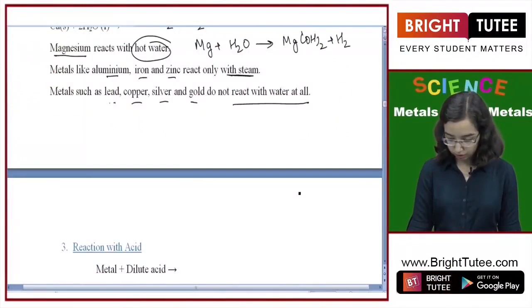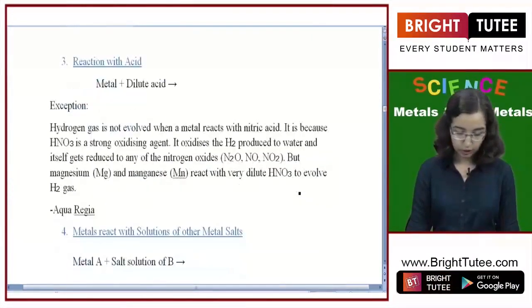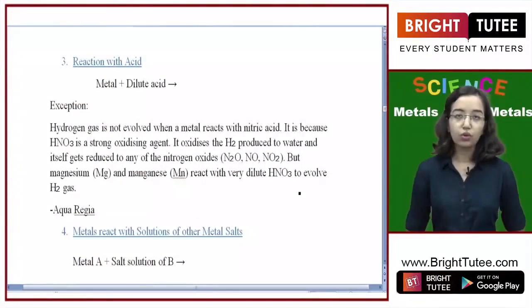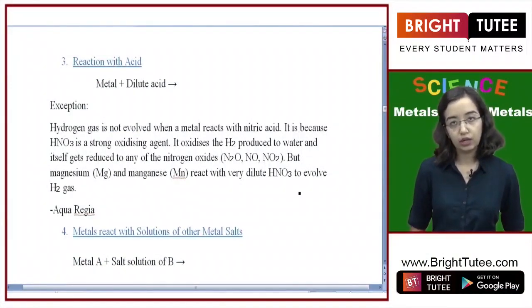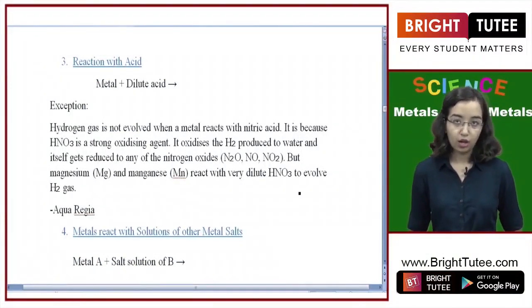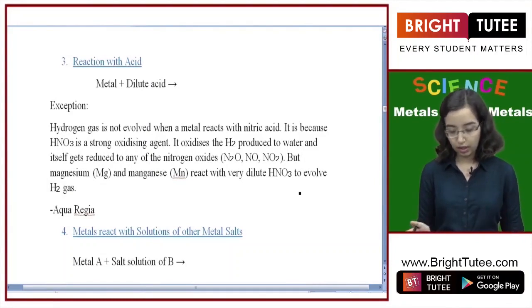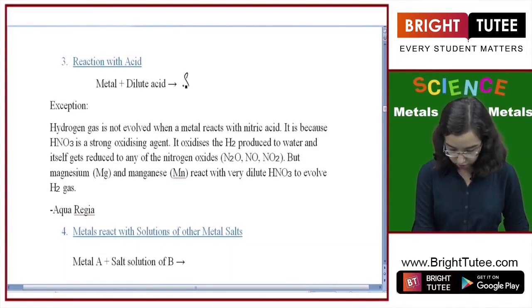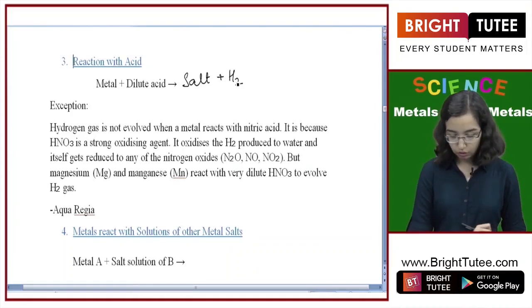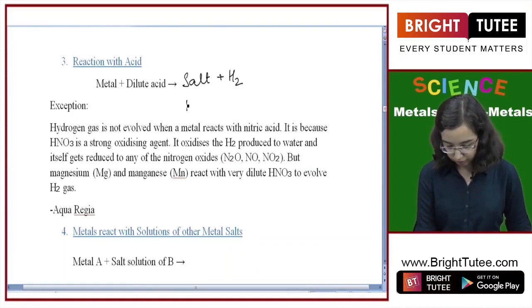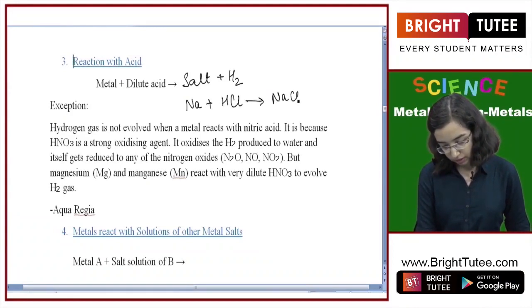Now let's move on to the third type of reaction, which is reaction with acid. You know that metals have a basic trait to them because their oxides are basic. That is why they react with acids and form a salt and release H2 gas. For example, we can take sodium plus HCl will lead to NaCl